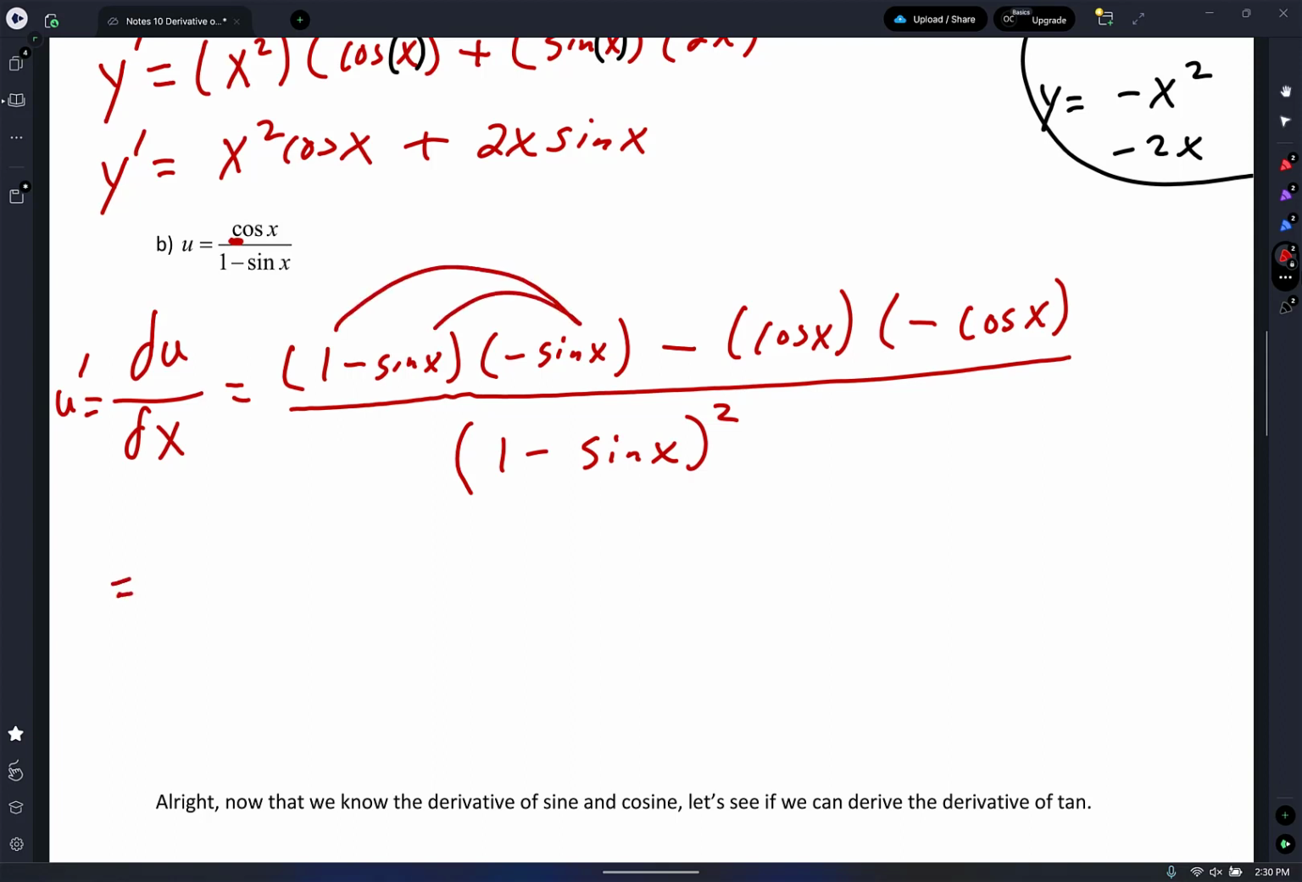So I'm going to write equals negative sine x. Negative times the negative is a plus sine squared x. And then again, negative times the negative is a